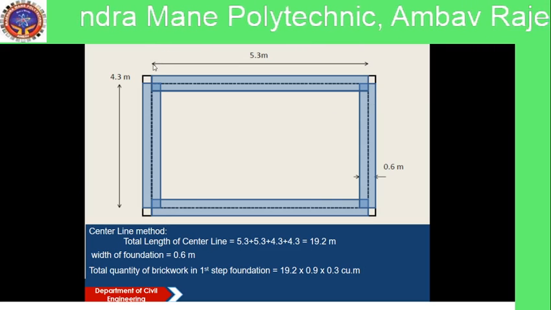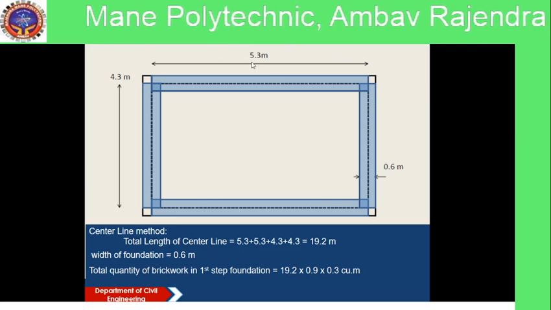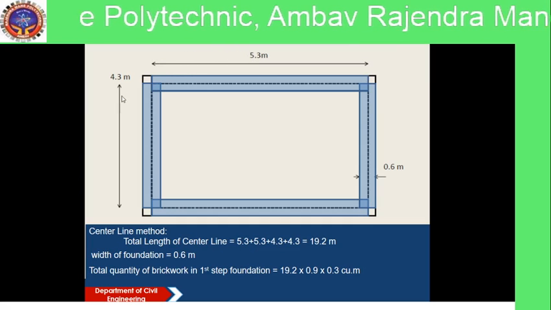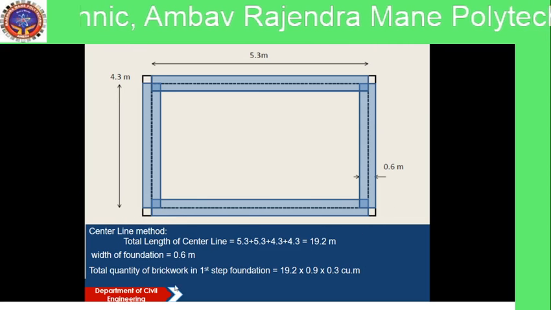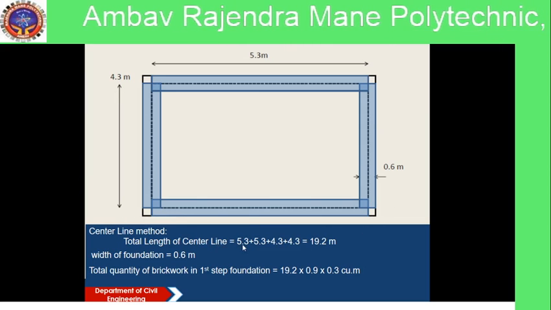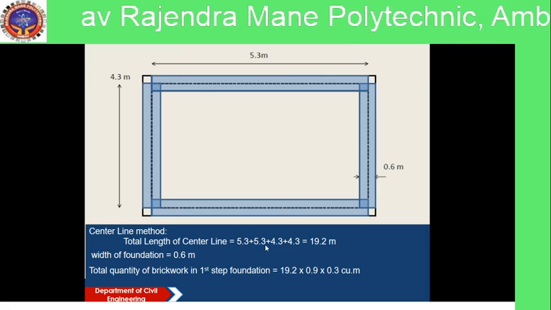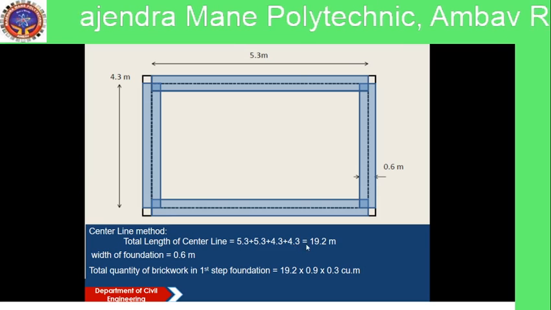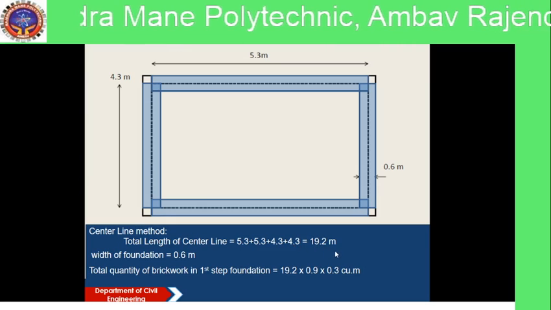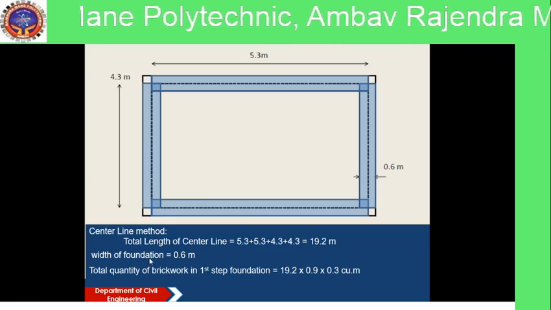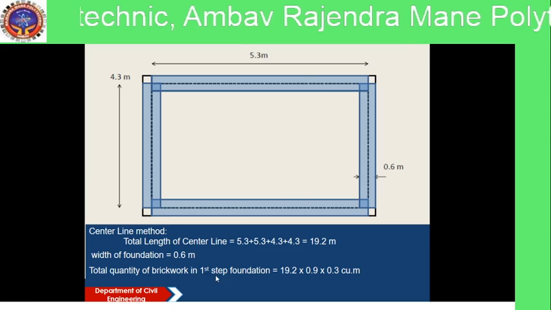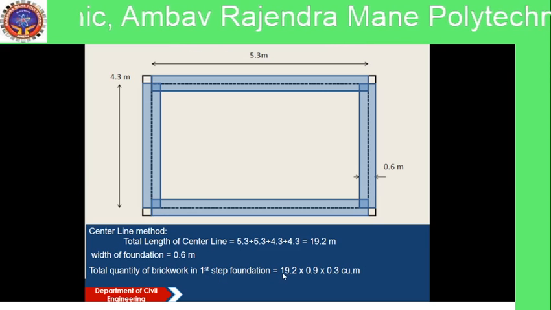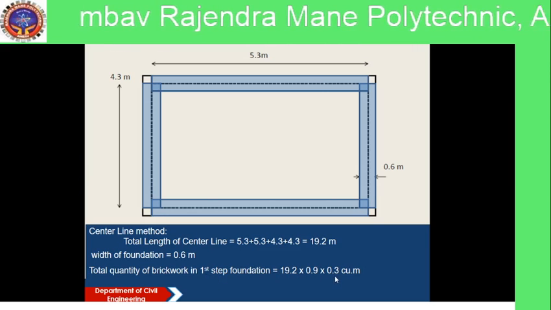Center line length is 5.3 plus 4.3 plus 5.3 plus 4.3, so total center line length is 19.2. Width of foundation is 0.6. The total quantity of brickwork in first step foundation is equal to 19.2 into 0.6 into 0.3